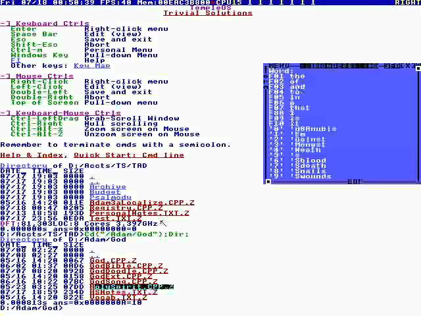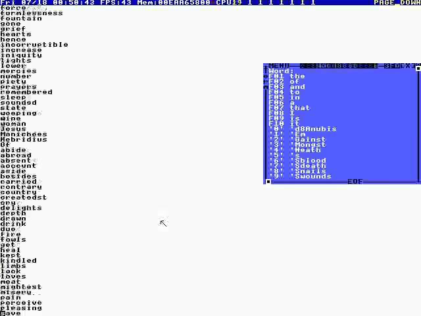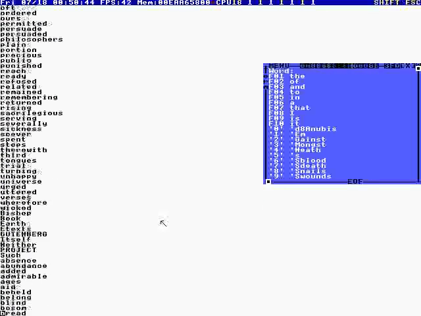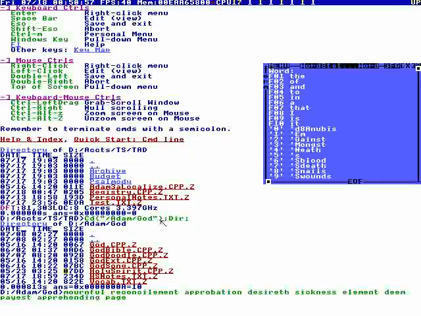So when you pick a word, this is the vocabulary. Without weights, it picks a word. So for example, if I hit F7: mournful, reconcilement, approbation, desireth, sickness, elements, deem, payest, apprehending, page. Okay, so